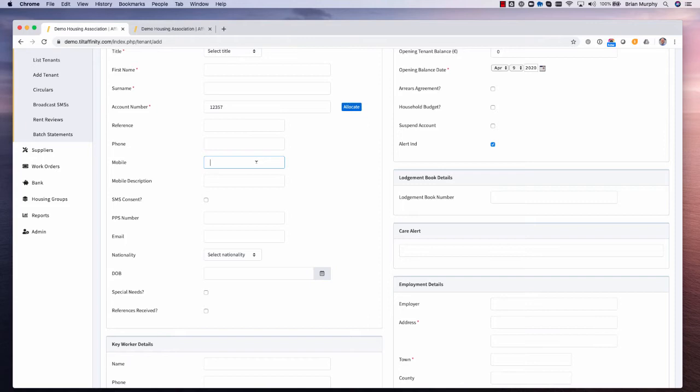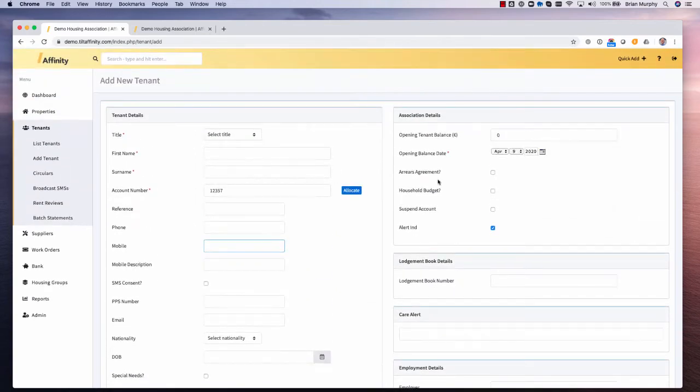It can either be on an individual basis or on a block basis if you need to broadcast something to a group of tenants. Over on the right hand side, we've got some association details. This is quite important. When you first start to use Affinity, we don't expect you to put all your historical data into the application, such as all rents that have ever been applied, all rents that have ever been paid